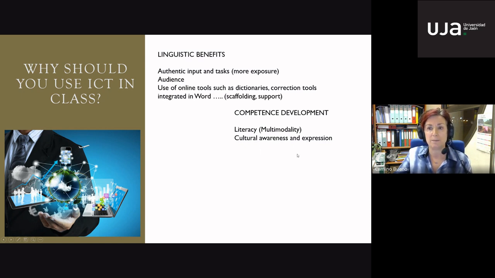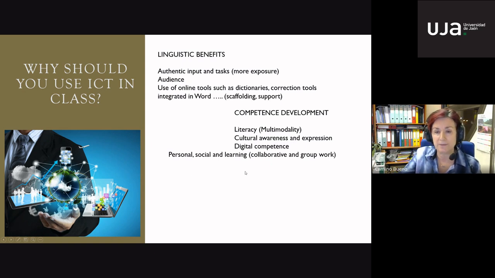That is one of the key competencies from the European Commission, which are also in the Spanish curriculum. Also, you can work on digital competence. And finally, you work on personal, social, and learning competence, because most of the things you can do are to be done collaboratively and in groups.